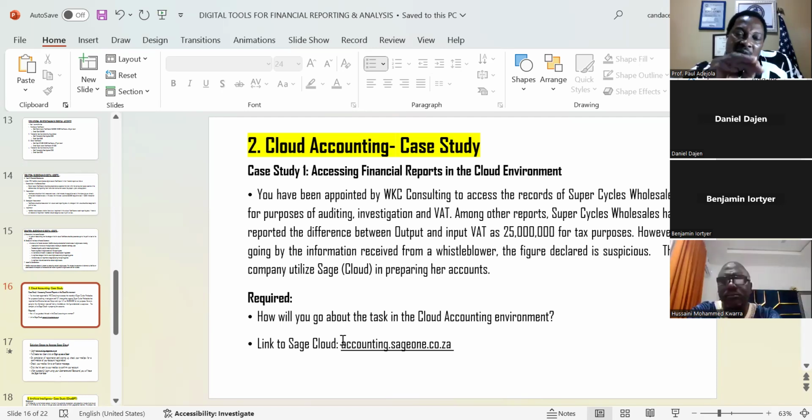Now, when I took the participants to the cloud, it was a master class in forensic technology and computer audit, electronic audit. So when we go to the cloud and I show them how to access information, particularly about VAT, exactly this same case study we're looking at now.